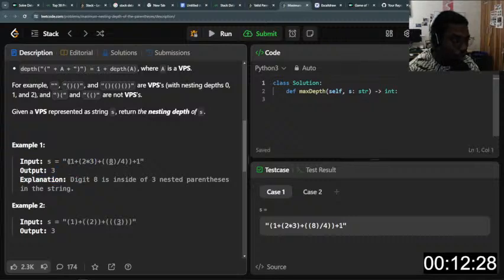In reality, it has a depth of 2, right? Because all the way to this side here is 2. But we just want to know how many more. If there were like 2 more to the right, and then we find a match for those 2, then it would have made sense, right? So let's see. When we find a closing one, that means we are looking at a new maximum,